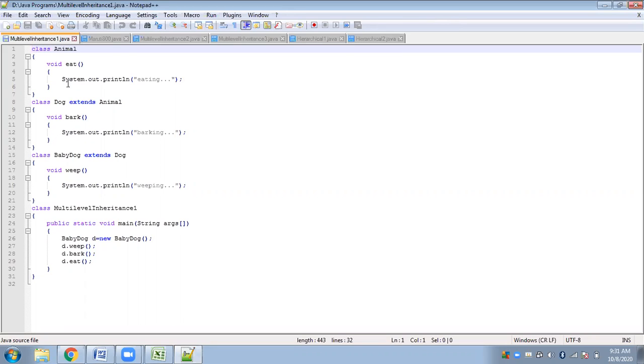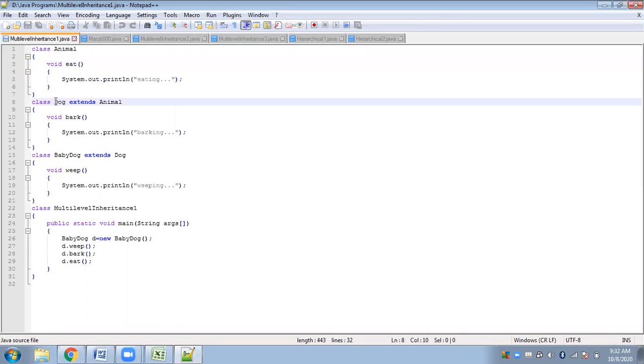Here we have three classes. We will be considering classes in three different levels. In the root level, we have the top level. When I say top level parent class, it simply means the first, main parent class. So the top level parent class is the animal class. In the animal class we have a method eat, which will simply display this message. Since there's no access specifier, it is default, so it can be directly accessed from outside the class also.